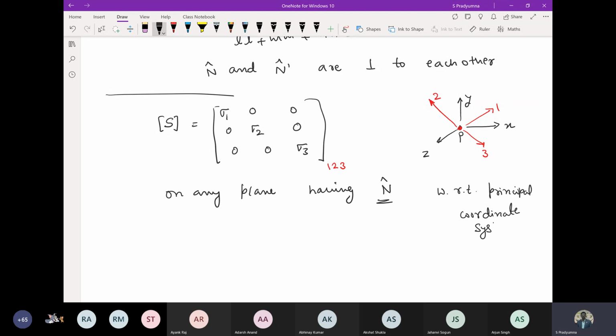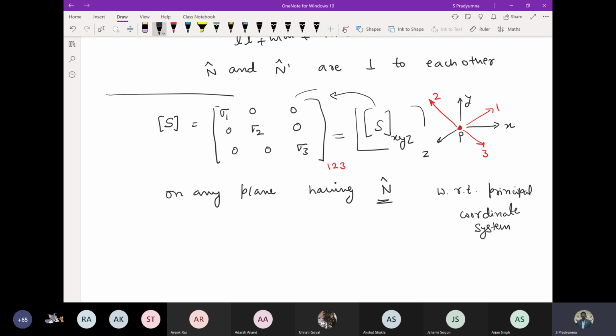Excuse me, sir. Yes, yes. Sir, this thing that you said, that the state of stress remains constant irrespective of the coordinate system orientation, it is only for the principal stresses, no? No, this is also equivalent to what you consider in the XYZ system. The state of stress means the values will not change. From this you can arrive at different orientations. Only you find out the details like what is the principal plane, where the shear stress is going to be 0, what are the maximum or minimum normal stress corresponding to this state of stress only.